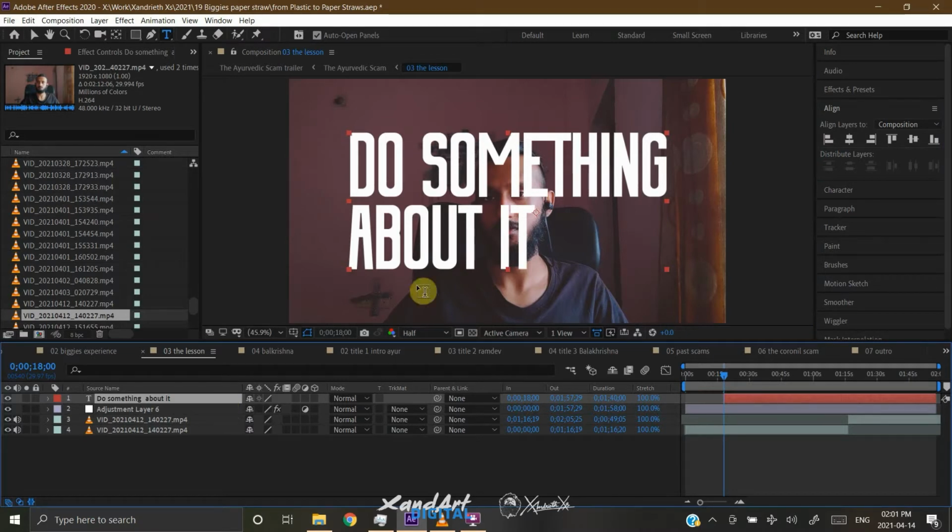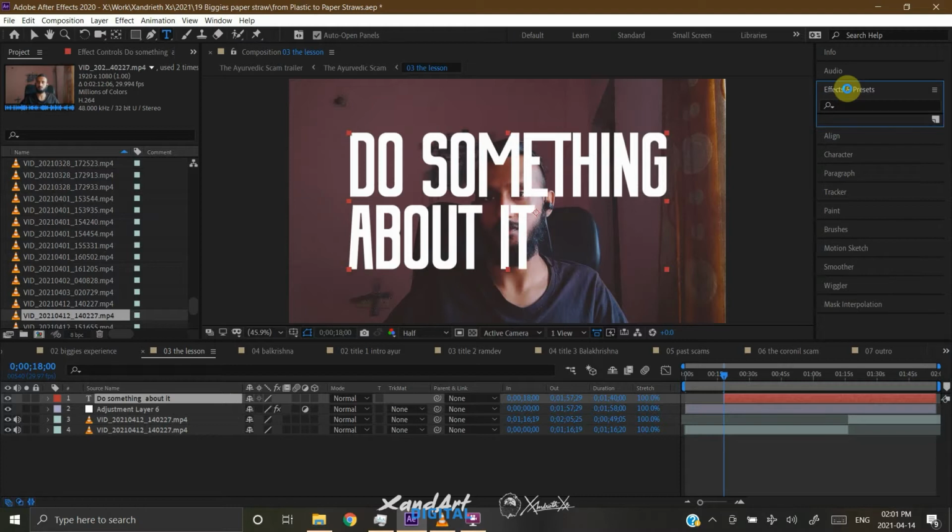With our text ready, let's just move on to finding the animation. You can find all the presets of effects and presets under the effects and presets tab that you have by default on your side panel in the essentials setup. If it's not available, you can just go to Window from the main menu and from the workspace select essentials and you will get it by default. Now just click on effects and presets and then we'll get on to this particular animation.